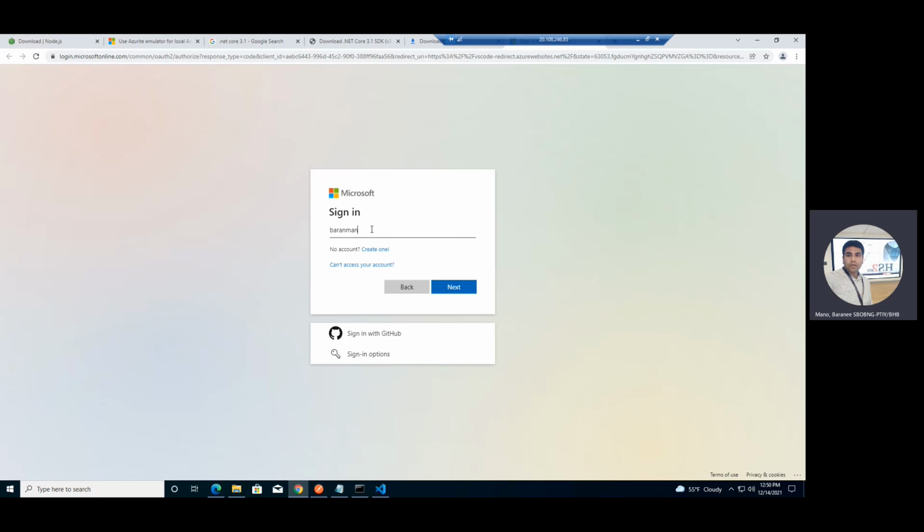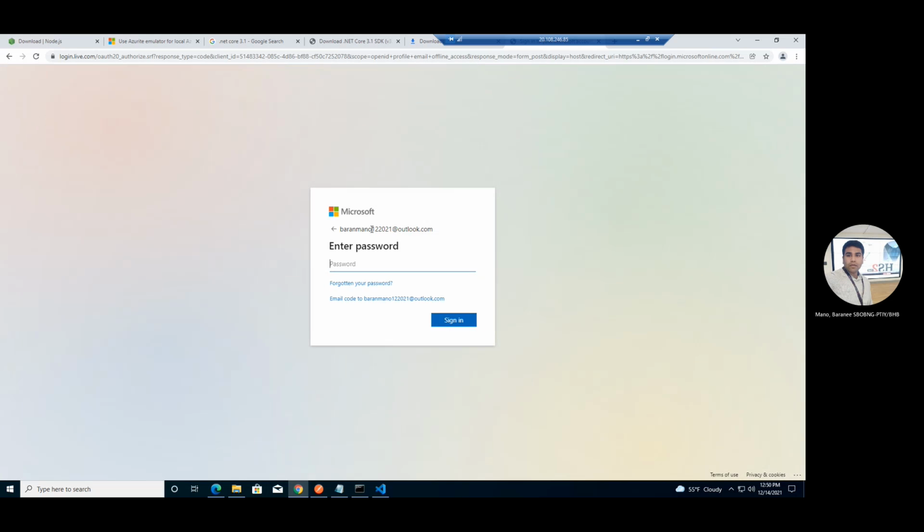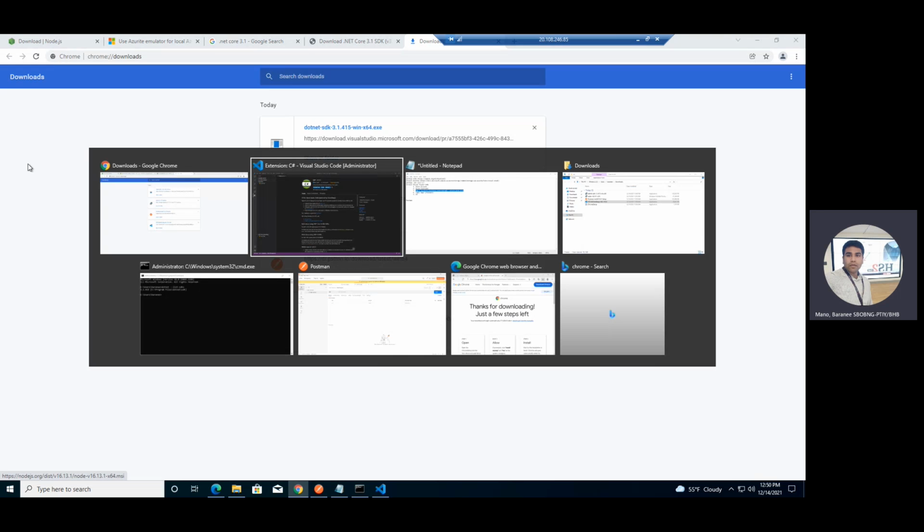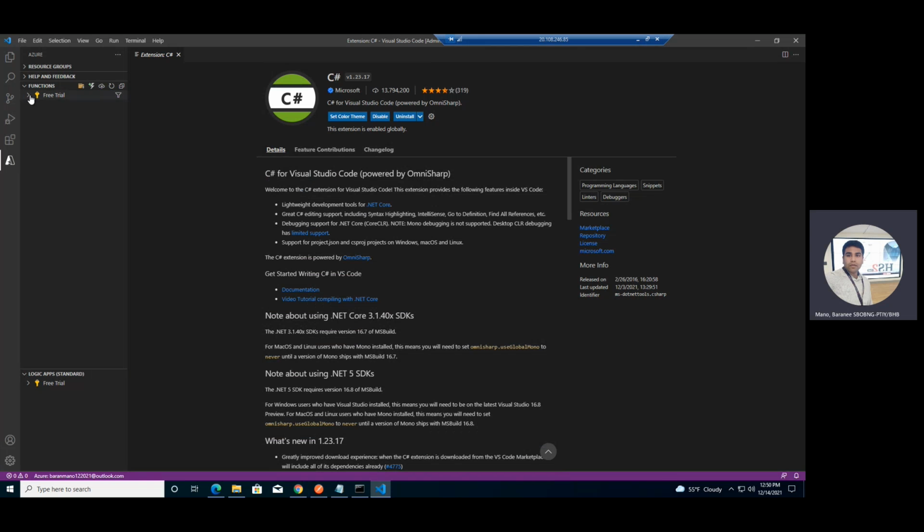Enter the credentials and password. Successfully logged in. Now close this page and go back to Code. There is a free trial being added here. And now, once this is done,